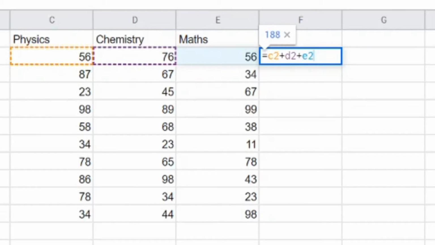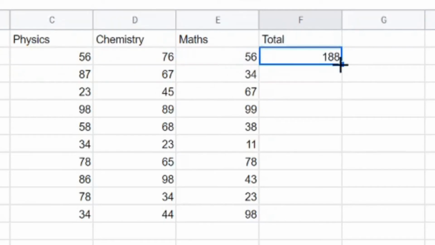and I hope you are getting this. The name of this cell is C2, this is D2 and this is E2, and we want the total here. So I will write like this. Then I will click enter, and I can use the autofill feature. I can just drag, or I can double click here, and it will be automatically filled up. So this is one way.